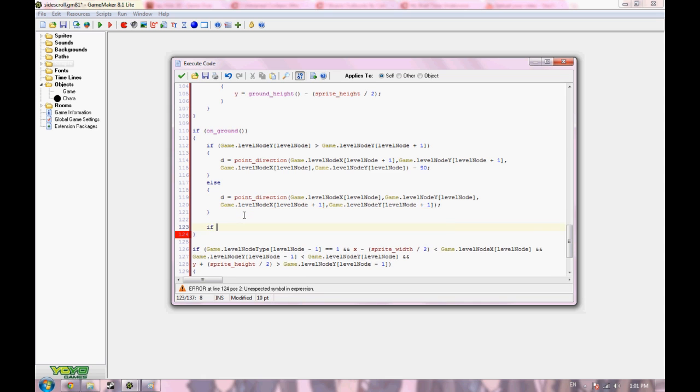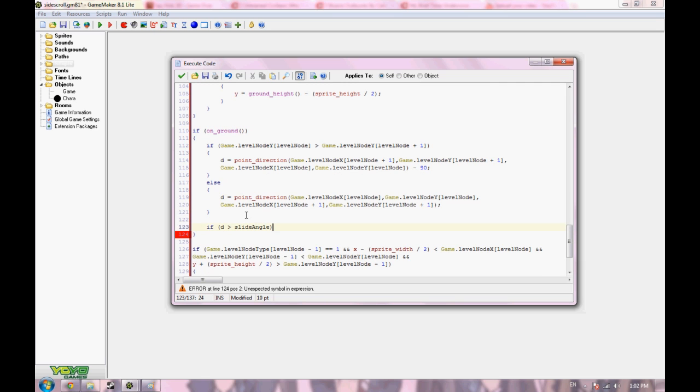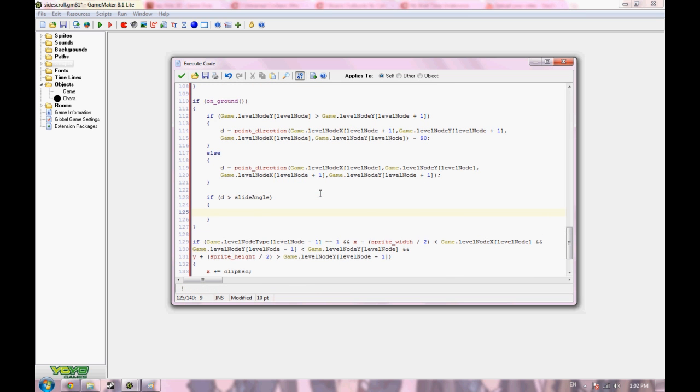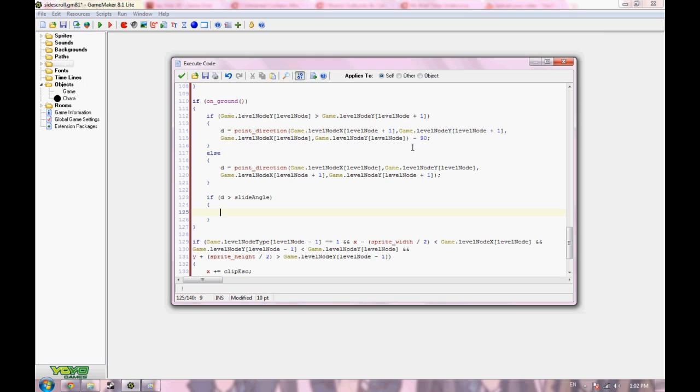There you go. Then we say if D is greater than the slide angle, so if the grade of that slant is big enough, then we're going to be doing all this other stuff. And all we're going to do is basically say it's going to be a percentage. So if it were set so that it was 90, then 45 would be 50%, but obviously we're not setting it to that. What it is going to be is